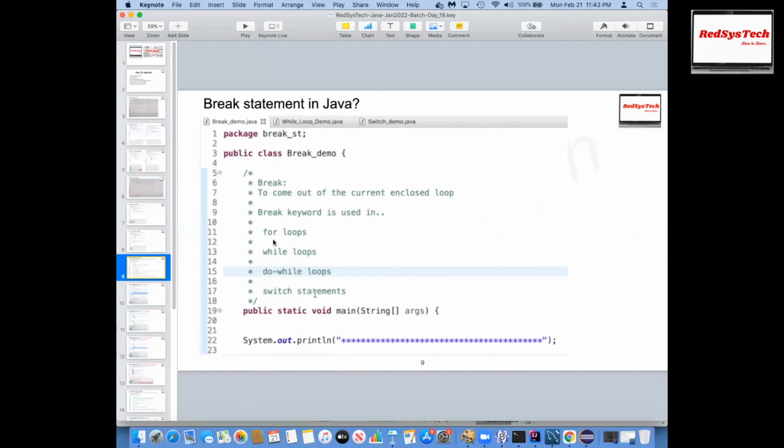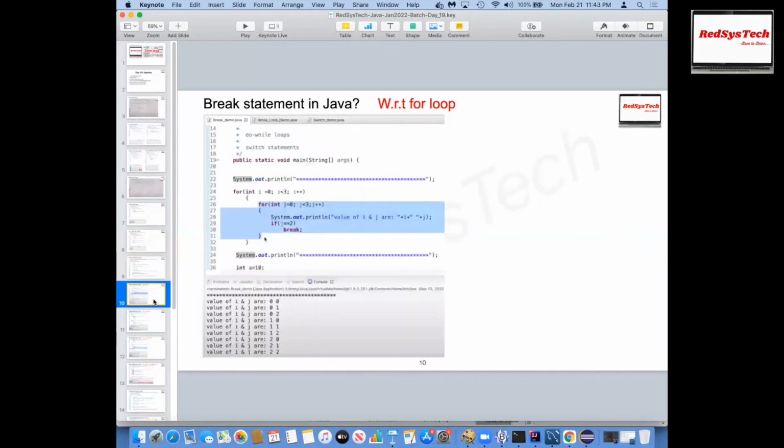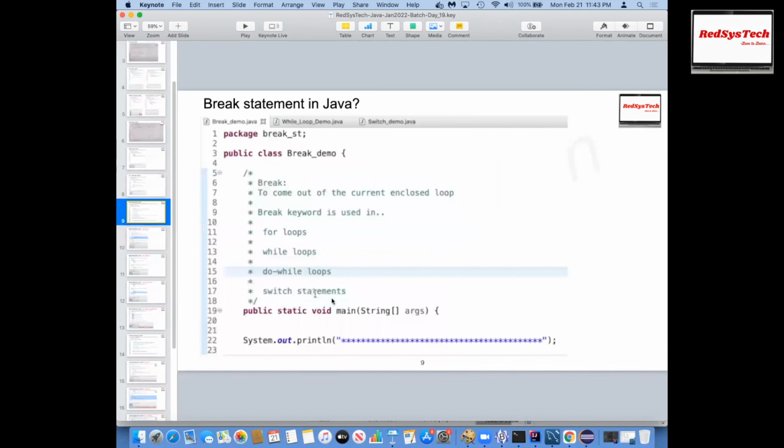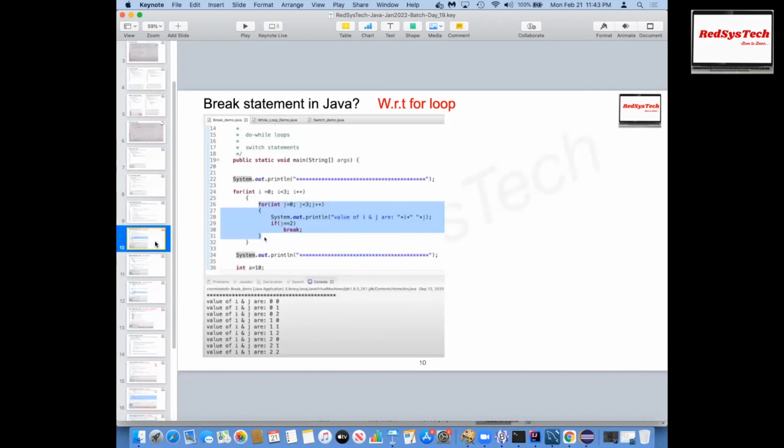Right? You can use break with respect to for loop, while loop, do while, even switch case statements. So switch case is not a looping area, but it is a control flow statement. With respect to break, I have just referenced here how to use switch case here. So the break statement with respect to for loop, you can use it here so that it will just